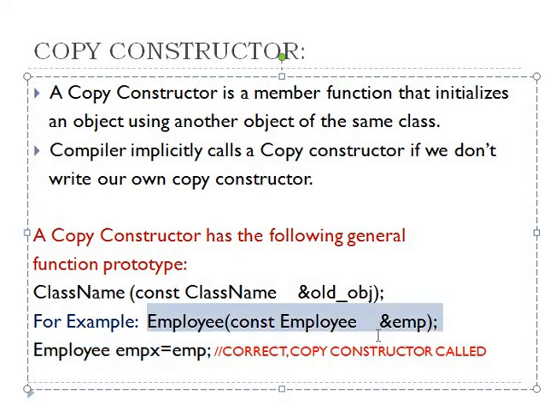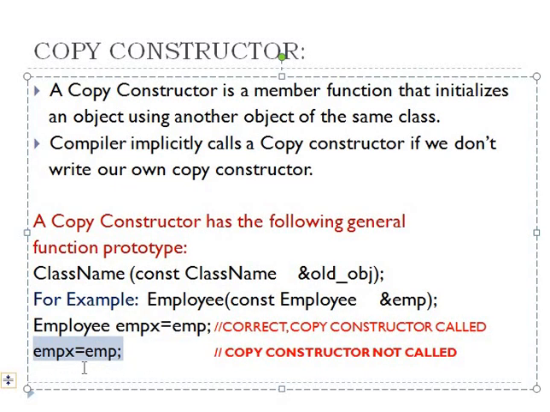So this is the copy constructor, which takes the parameter as the old object EMP, and using this copy constructor, the contents of this old object EMP gets copied into this new object EMPX that has been created out of this class known as employee. Now what's important out here is that it's necessary to create this new object from this class before the copy constructor gets called.